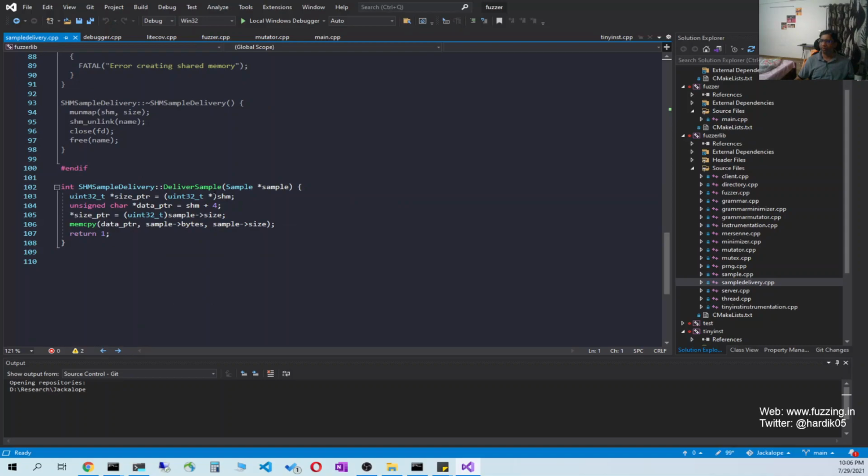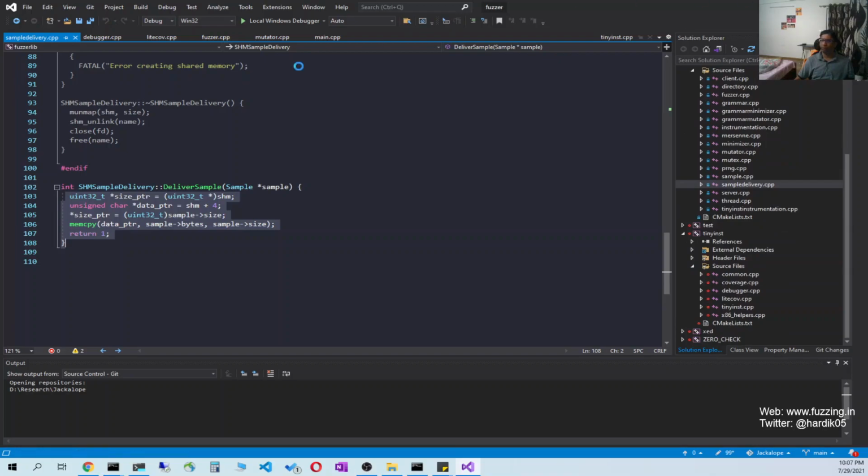In the deliver sample method, it takes the sample and the shared memory handle. It copies the size to the shared memory first; the first 4 bytes will be the size, and then it copies the sample file data. Inside your harness program, you need to read this data from the shared memory. So this is how it works.